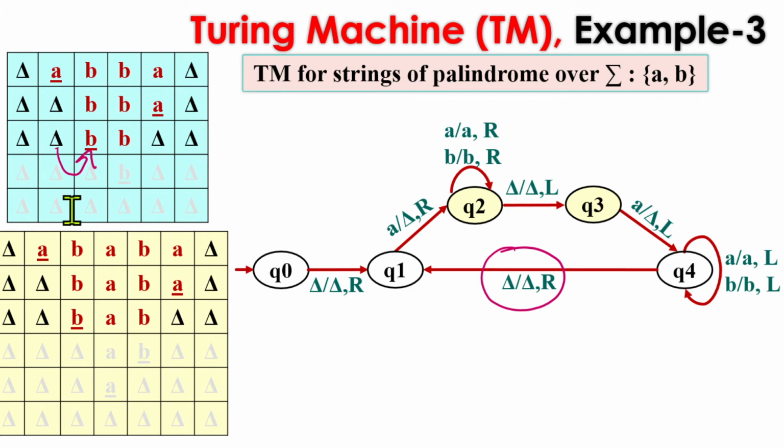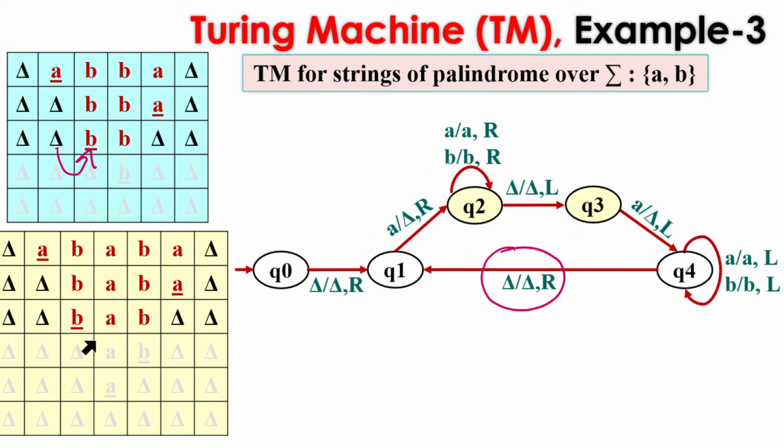But for this sample string, as we are having the next symbol as B, the next symbol is not A, this path is for A. Remember, in the case of a Turing machine, we need to take a separate path for separate symbols, as we had A on the leftmost position and the rightmost position. So we have to make a separate path to keep track that we have replaced A with a blank. So for A, replacing A with a blank, we are having this path.